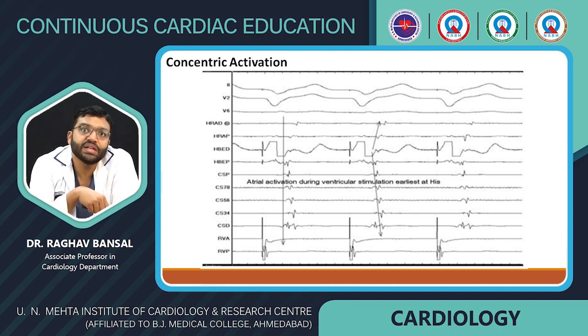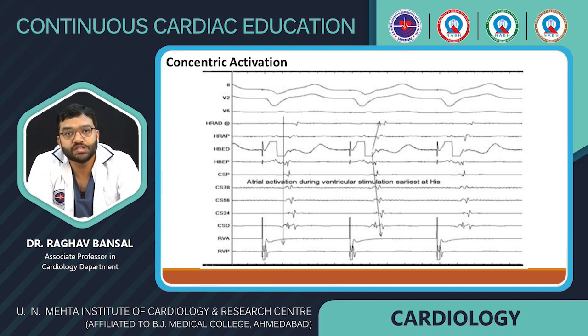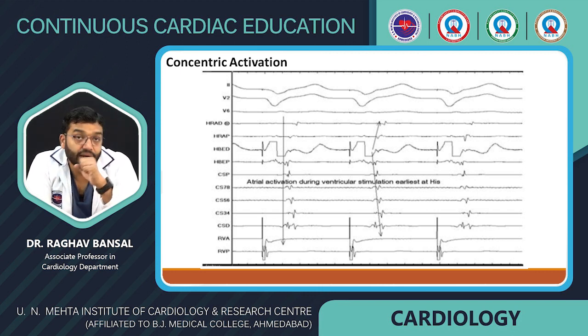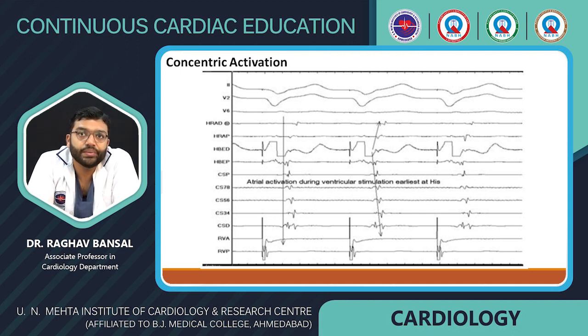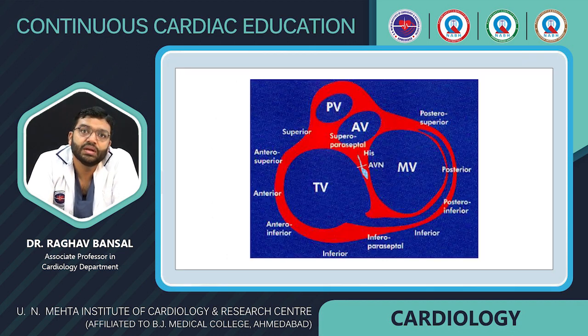So this pattern of atrial activation, which is seen on intracardiac EGM, where the first atrial activation is happening on the His bundle catheter, then in the proximal coronary sinus, the CS910, which goes distally towards the distal coronary sinus, CS12, and lastly in the HRA, is called a concentric atrial activation, where the first activation happens at the His bundle, the next atrial activation at the proximal coronary sinus, and the last atrial activation at the high right atrium. So this is the basic concept, that it comes back through the AV node and the His bundle